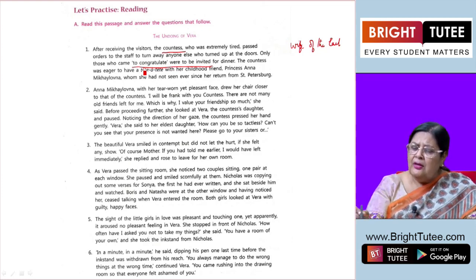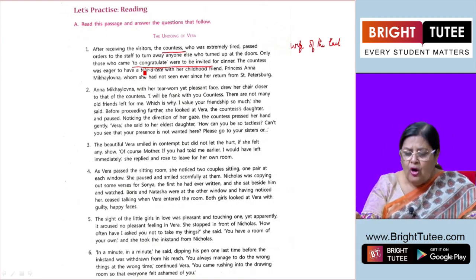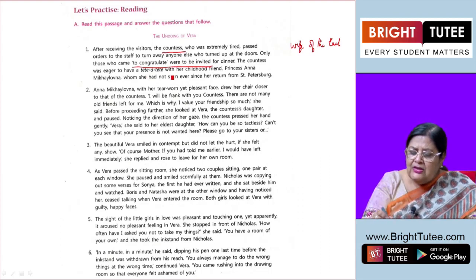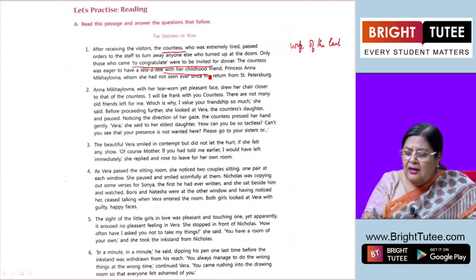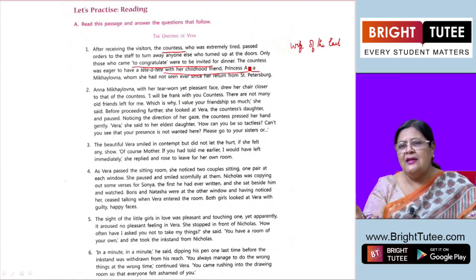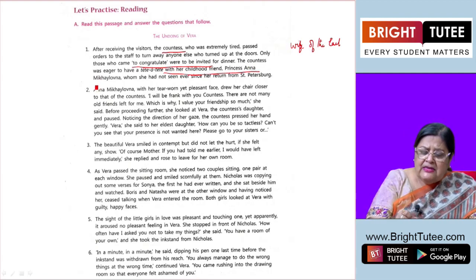and invite them for dinner. The countess was eager to have a tete-a-tete, means a heart-to-heart talk with her childhood friend, Princess Anna. So this is the story about the countess, the wife of the earl, as well as her friend, Princess Anna Mikhailovna,